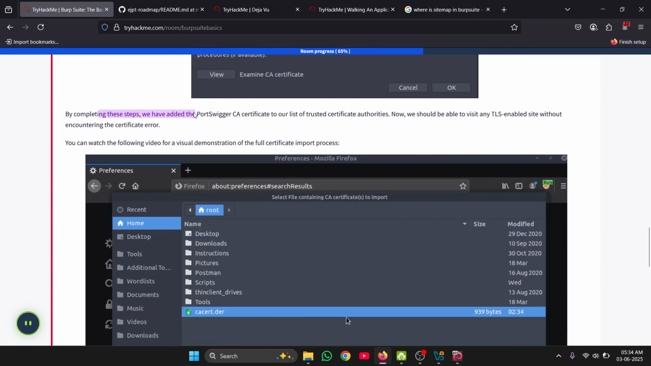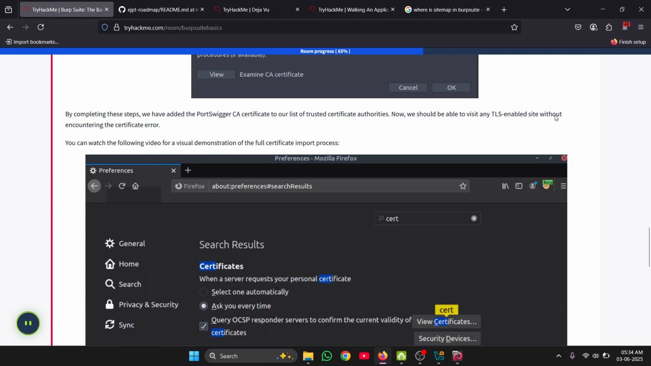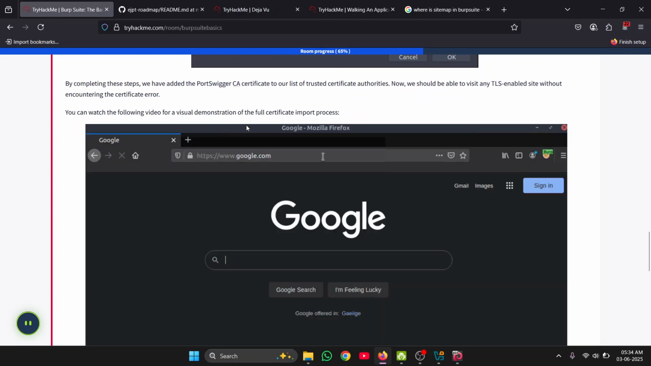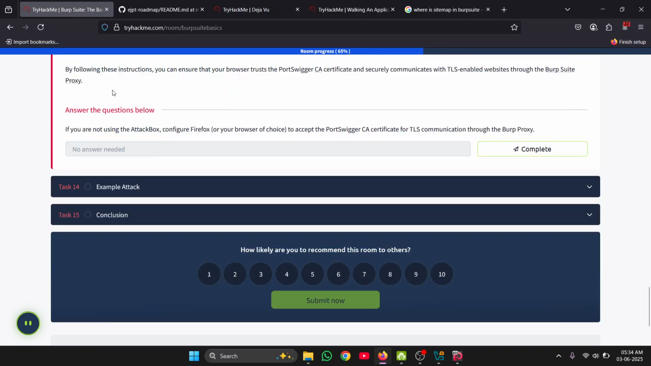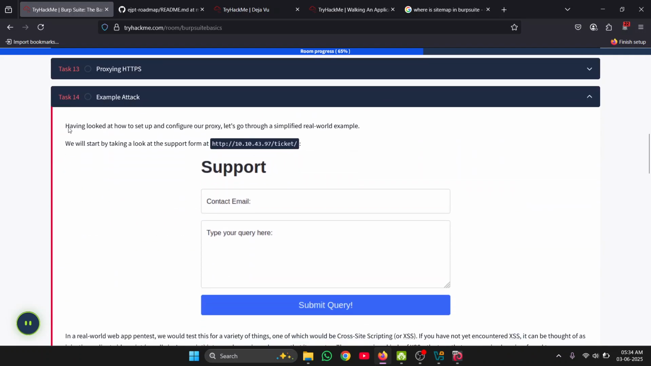By completing these steps, we have added the Portswigger certificate to our list of trusted certificate authorities. Now we should be able to visit any TLS enabled site without encountering a certificate error. You can watch the following video to demonstrate the full certificate process. We have already done this. Let's go to task 14, example attack. Have a look at how to set up and configure our proxy. Let's go to simplified. We will start by taking a look at the support form at